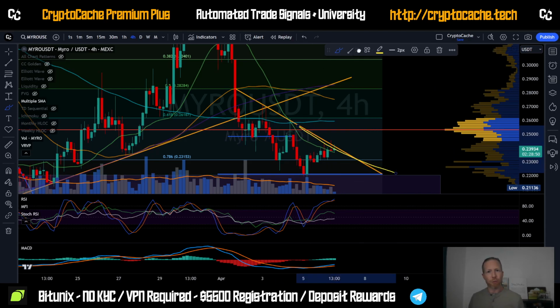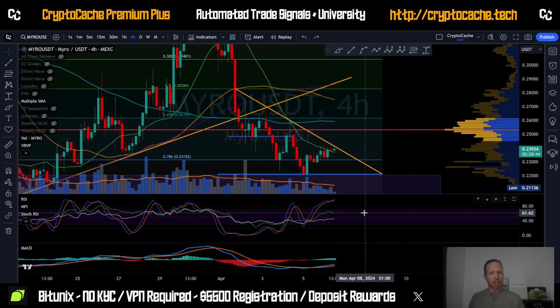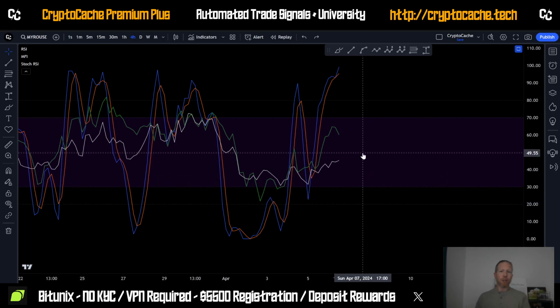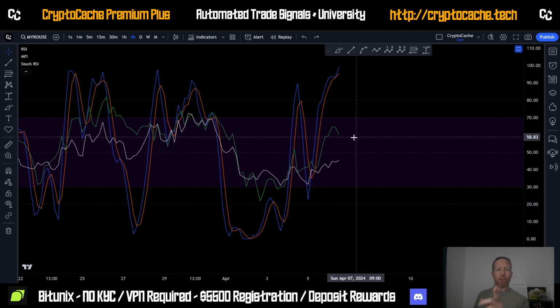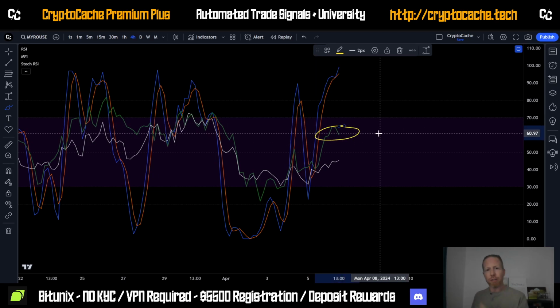It's still not a great thing. Okay? So again, in general, when you see something like this occur, it's a positive, but it's not necessarily like we just go crazy long from here on out. We are still under 50 on the RSI. Money flow index is high. So this is the only reason why I think that it might be viable for the price action to stick around, because we're seeing more money flowing into this coin.